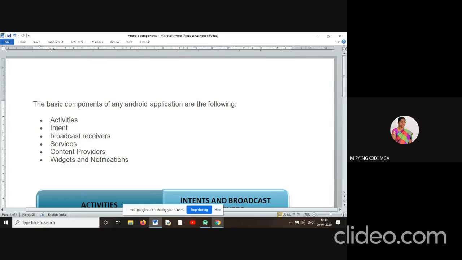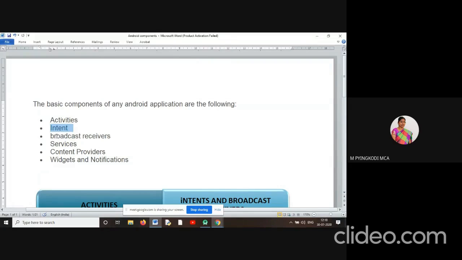Apart from this intent, there are some other components also. When you want to pass some information from activity to service or service to activity, we can make use of this intent component. It will take messages from one component to another component. It acts as a message communication among the components.